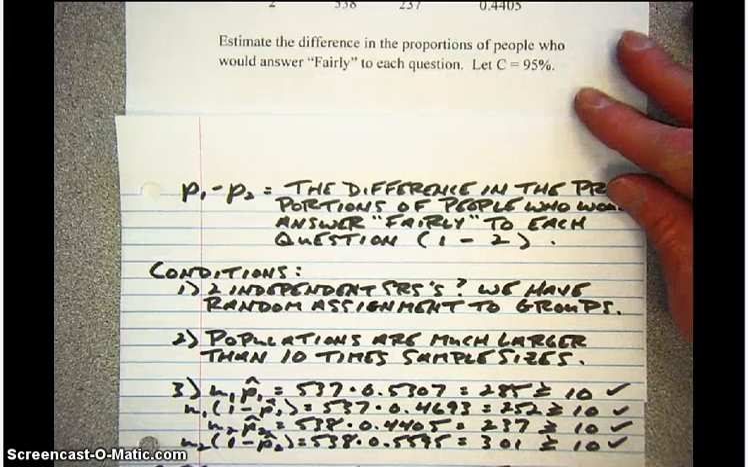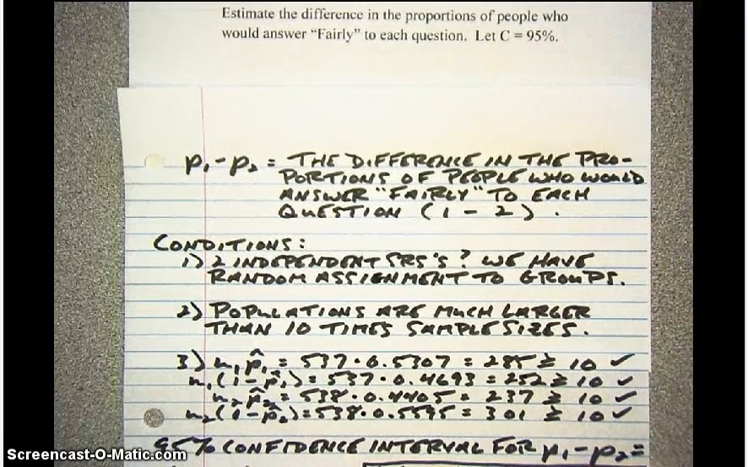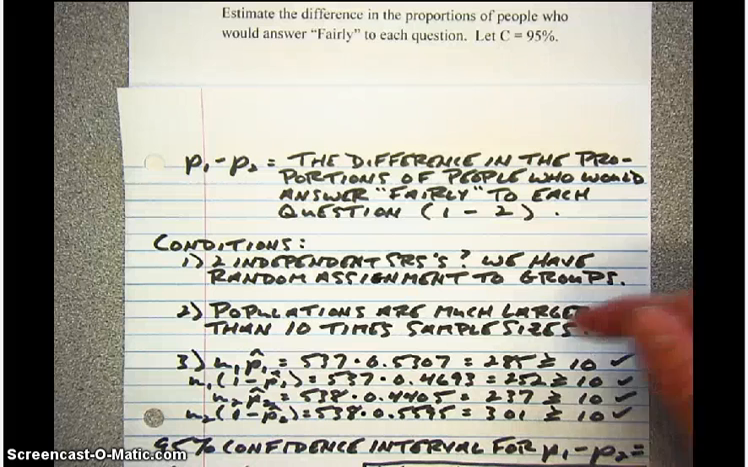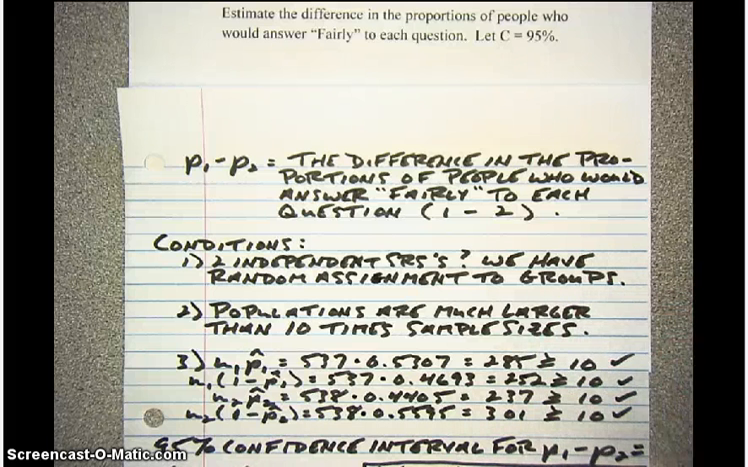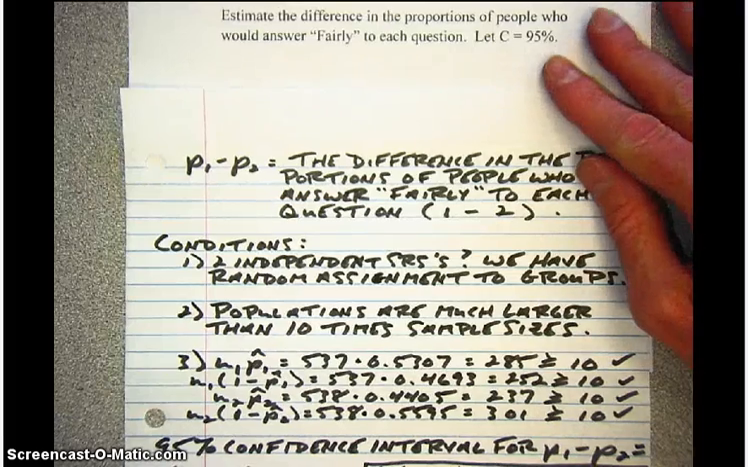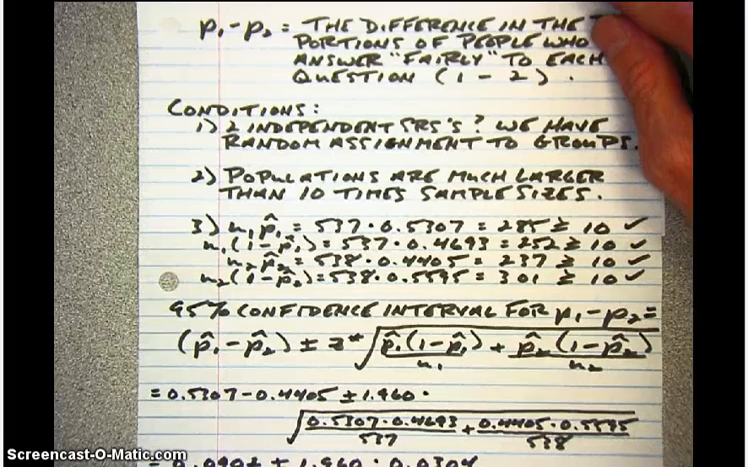Secondly, our populations are much larger than 10 times the sample sizes, and the number of successes and failures in each sample is well above 10. You can see those values here, and they're all much, much greater than 10. The confidence interval, using the formula and the plugins,